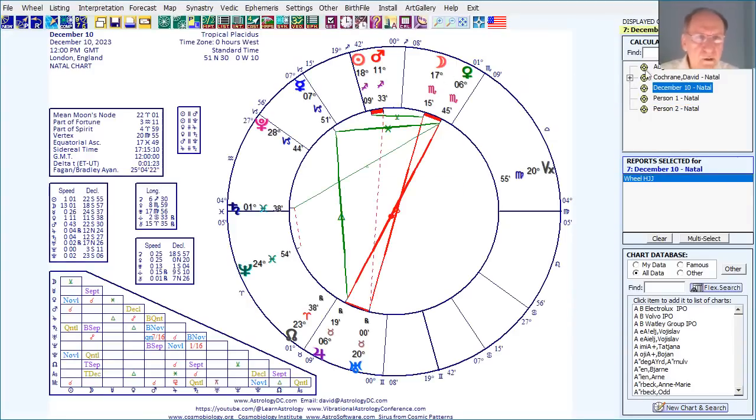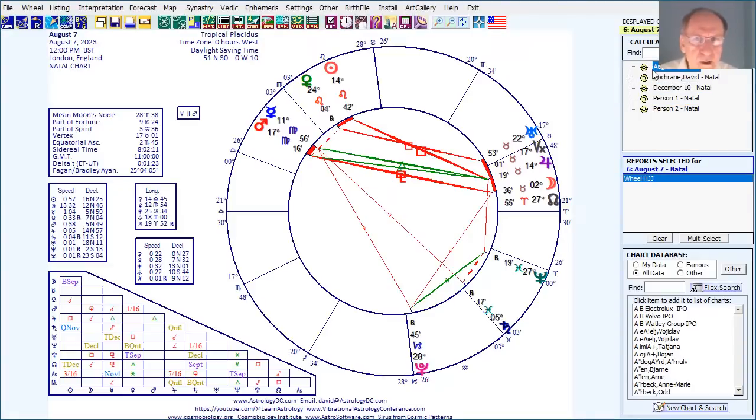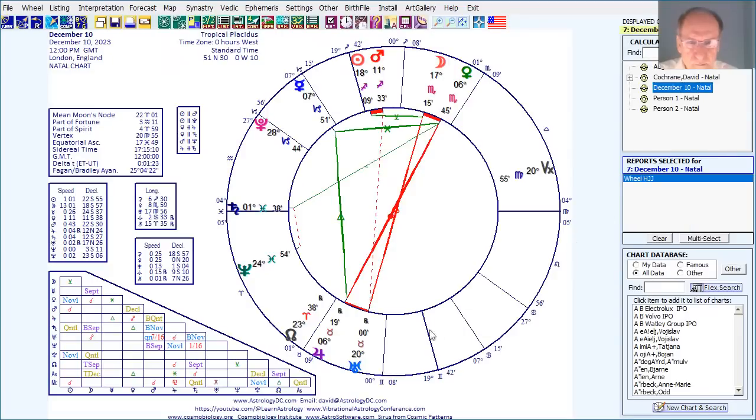Here is the chart wheel for August 7. Where is Pluto? It's at 28 degrees 45 minutes of Capricorn. Where is it on December 10? It is 28 degrees 44 minutes of Capricorn, 1 minute difference. Well, actually, Pluto moves 1 minute a day typically, so at some point during this day, it's the same position.